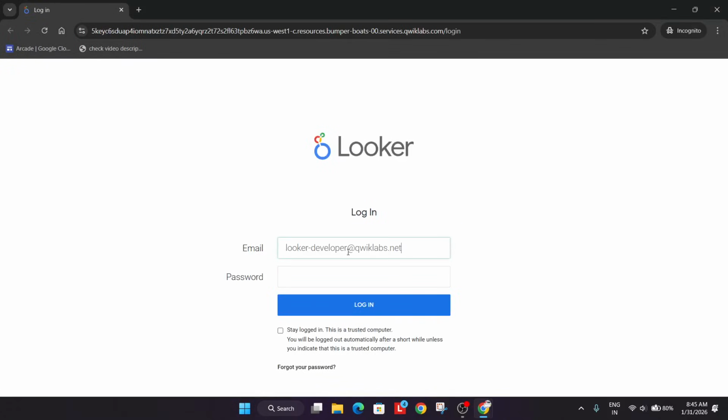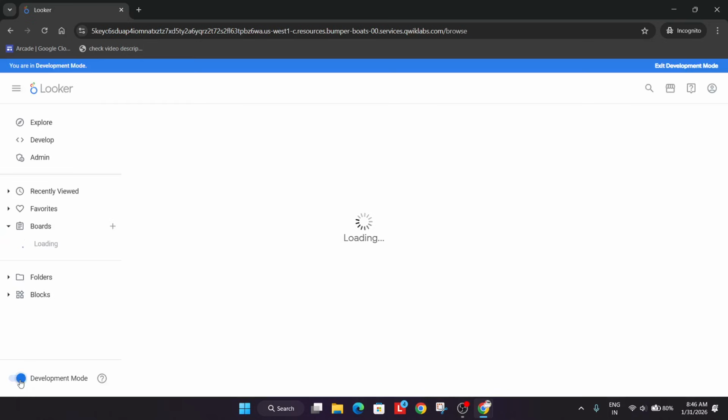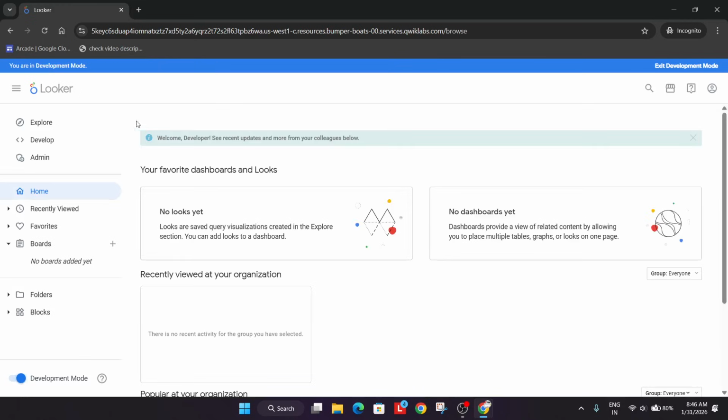Add the username over here. Similarly, do with the password. Now from here, click on this development mode because if you miss this, you won't be able to modify the files. Now once all these things are done, you have to just come to the Explore,